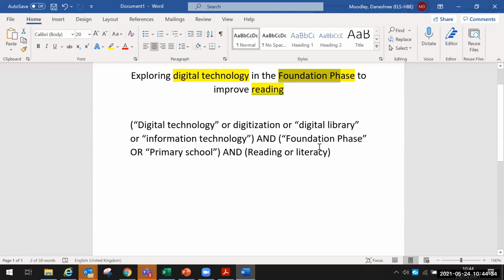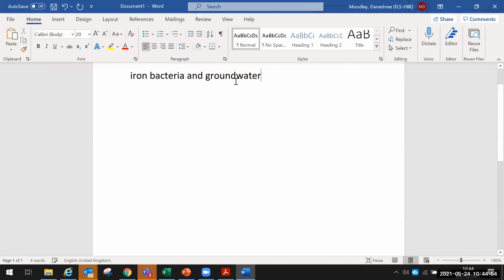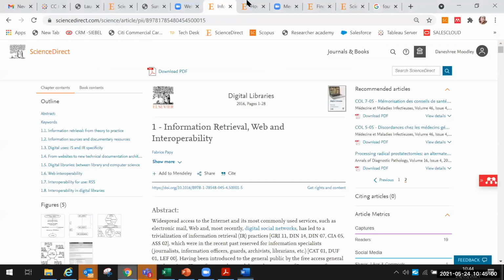Or for any of these other phrases, use more keywords and you will be able to get more search results. Let's take another example. I'll take iron, bacteria, and groundwater. Next example, iron, bacteria, and groundwater. Let me go to ScienceDirect topics pages